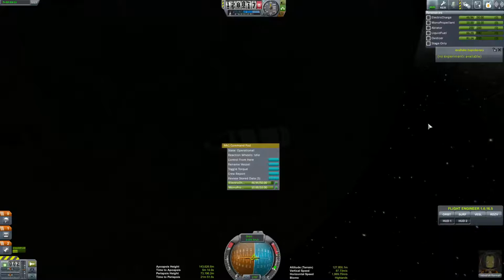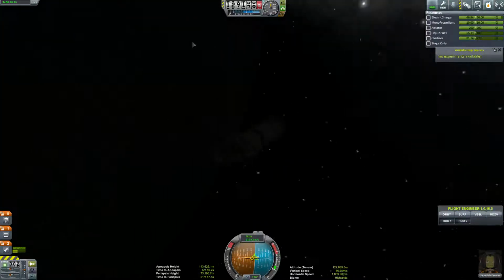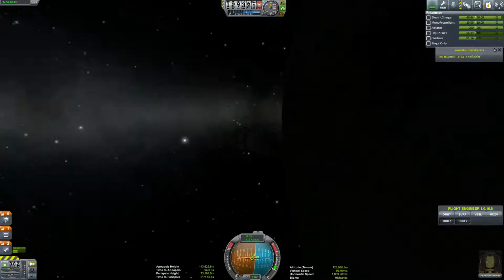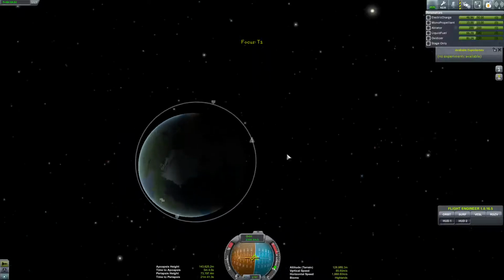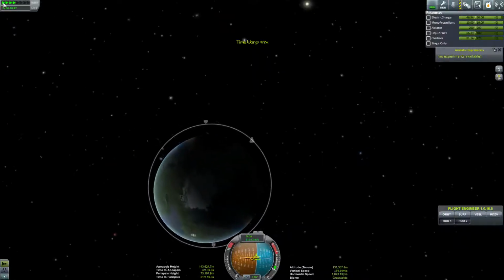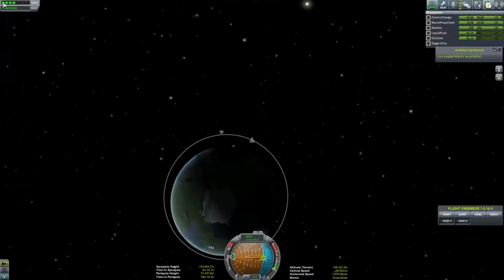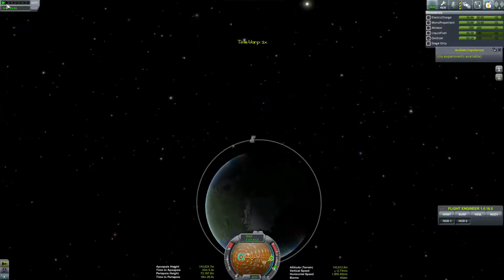So let's go. And I know we can't see anything, and I'm sorry folks, but there it is. That's just how it works when you're on the backside of the planet. It's all nighttime. So we're going to hurry up. We're going to get here to the apoapsis. And then when we get to the apoapsis, we are going to... There we go. We're going to set up a maneuver to lower our...